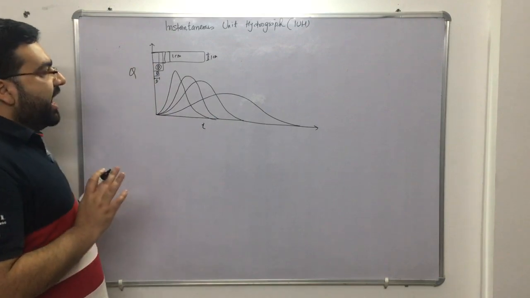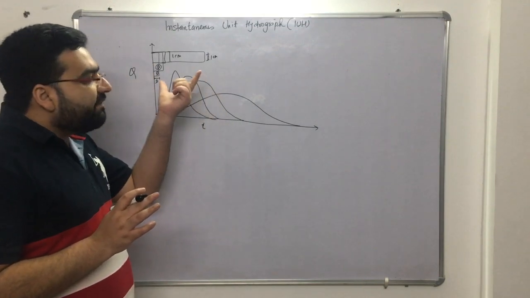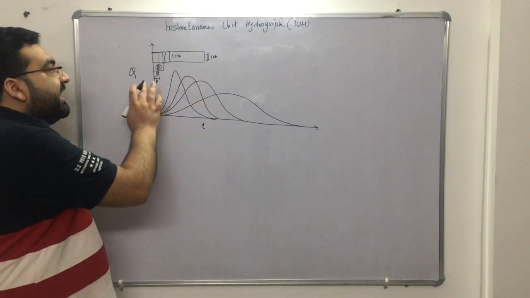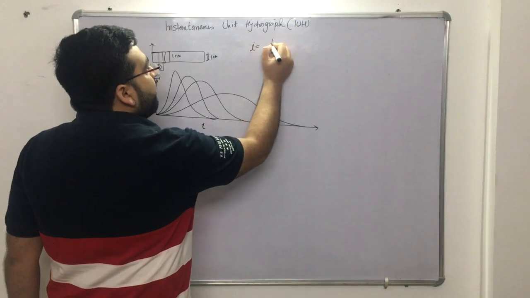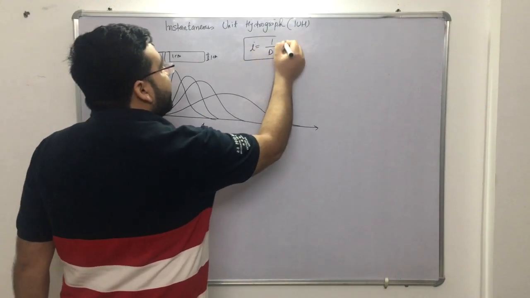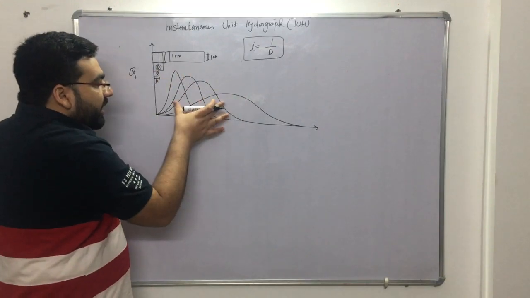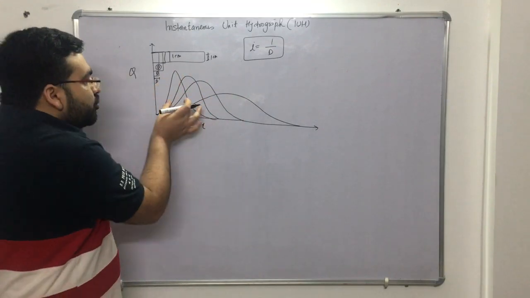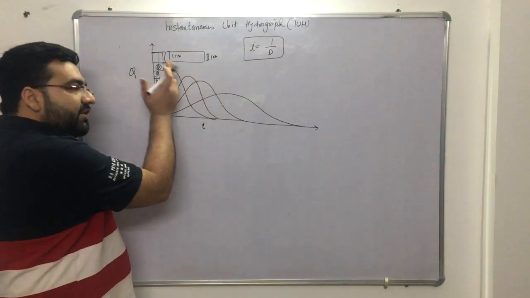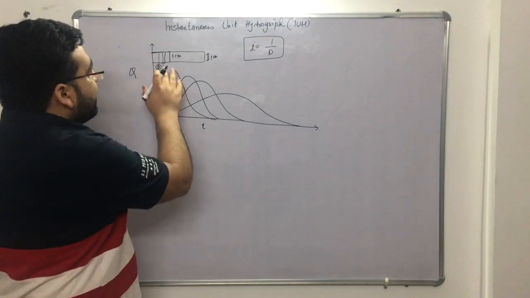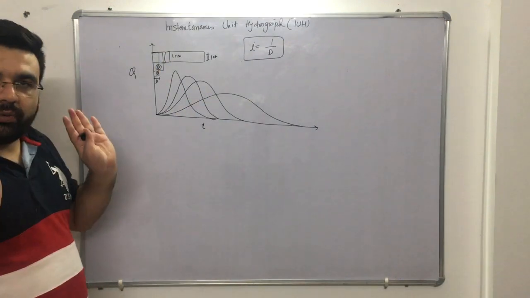So, I can say that for a particular catchment area, this hydrograph curve depends upon the intensity of rainfall, right? Because you know that intensity is equal to 1 upon D. So as the intensity of rainfall is increasing, this has become much more skewed, right? It has skewed to the left, you can say. Clear? So it depends upon the duration of the rainfall or the intensity of the rainfall. So that is clear. Okay.